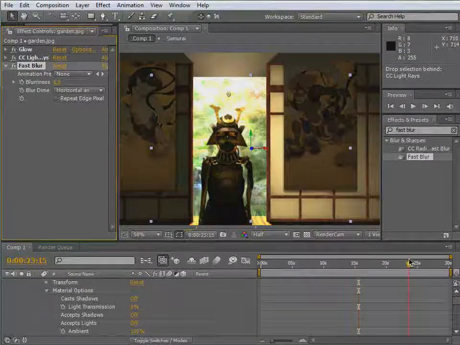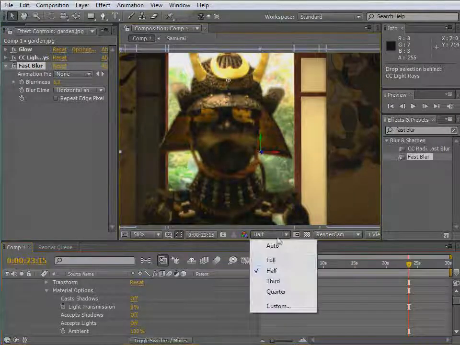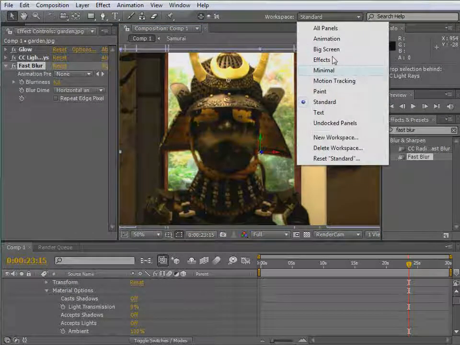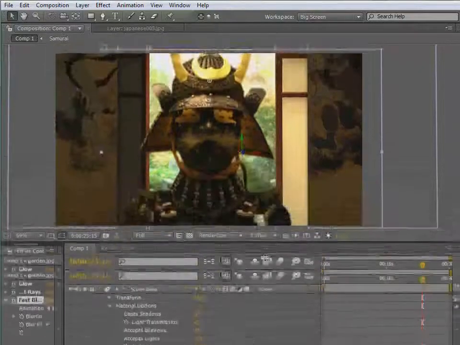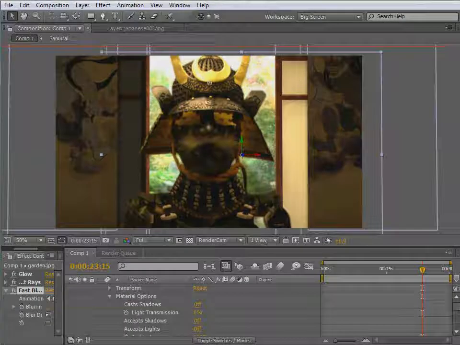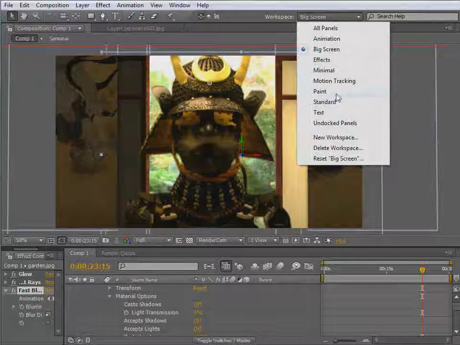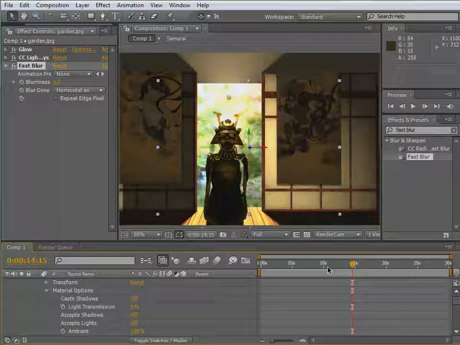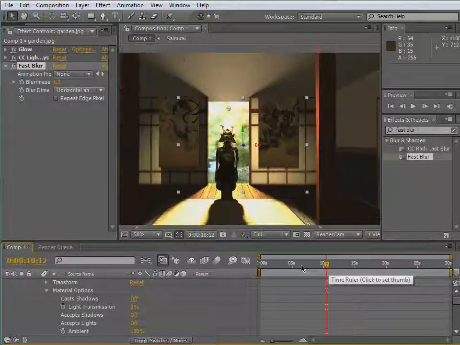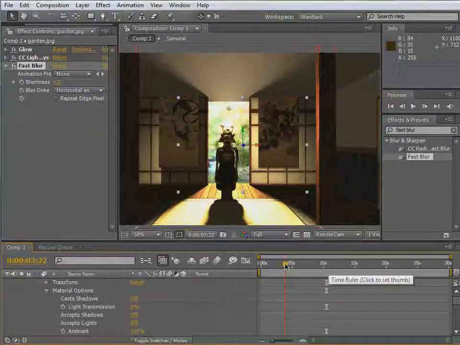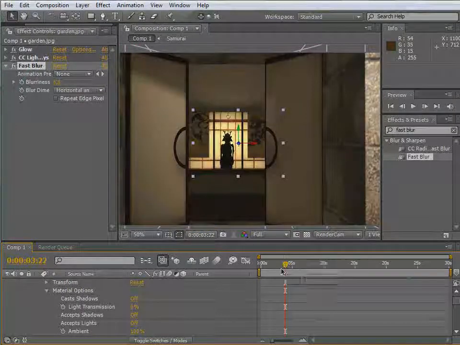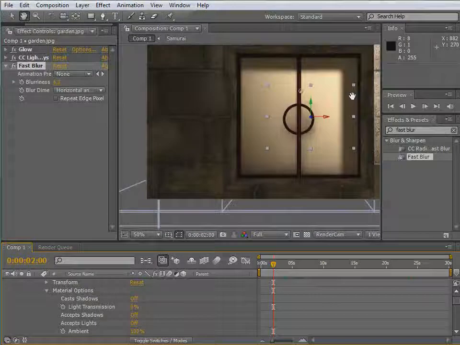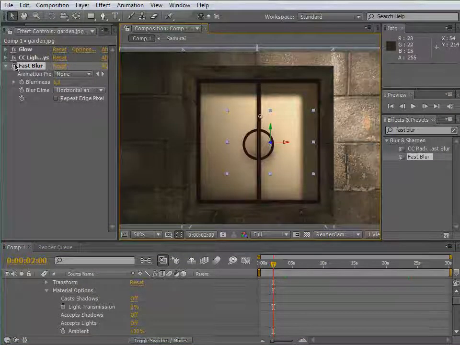Let's say 6 or so is pretty good. So that looks pretty good, doesn't it? Go to standard. Let's see. Nice. As far as I'm concerned, I'm pretty satisfied with the result. Now, the last thing is